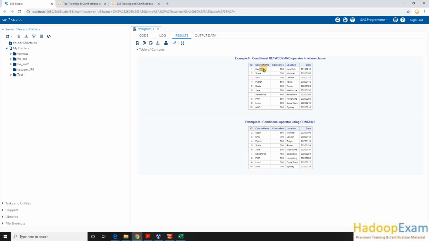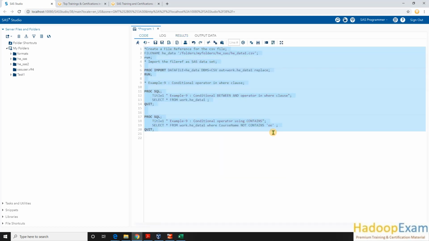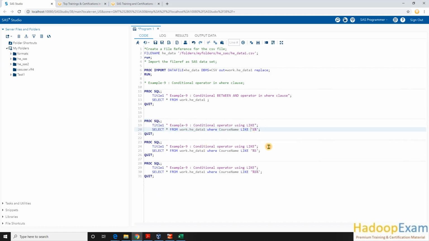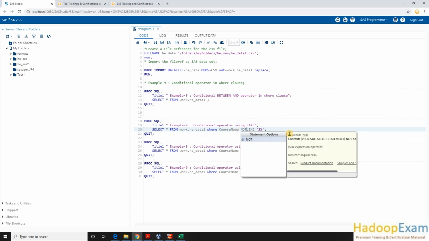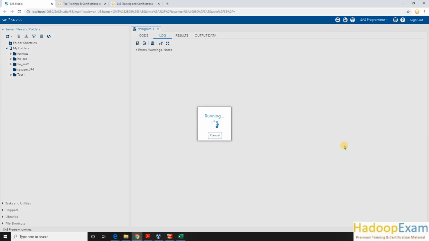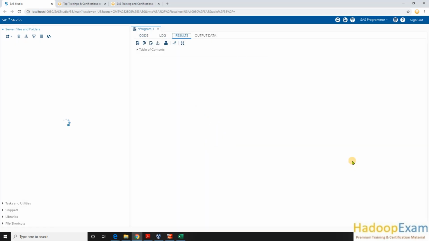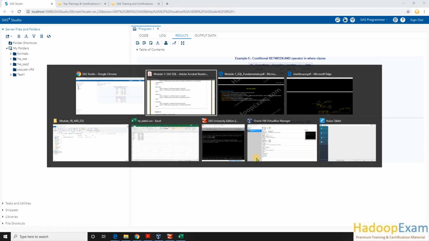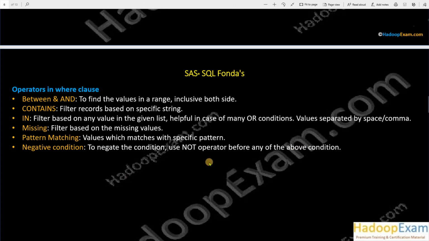Hadoop has OO, and I put NOT in front of it, so everything not having OO is in the output. Now let's remove this condition and put NOT LIKE in front of the operator, NOT LIKE S percentage. Any course which does not start with capital S would be in the output. Let's see the result: Hadoop, Python, Java, PMP, Linux and AWS. These do not start with S, correct, so that's the reason they are in the output. This is how you can do a negative condition.